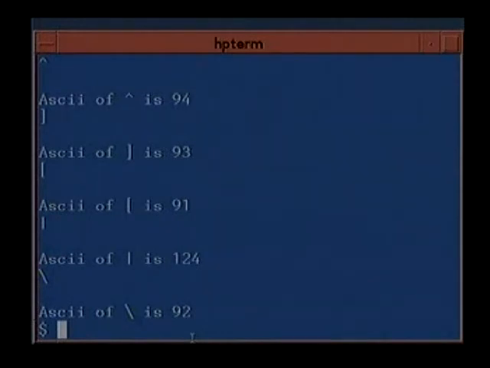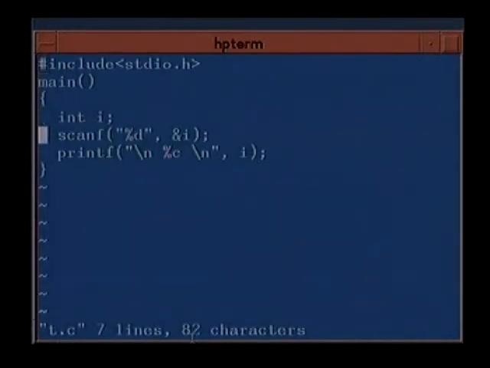And if you want to know what is the character value of an ASCII variable, you can just write a simple program which I just wrote. You just scanf the number in %d format and then print it in %c format, and you will easily get the character.